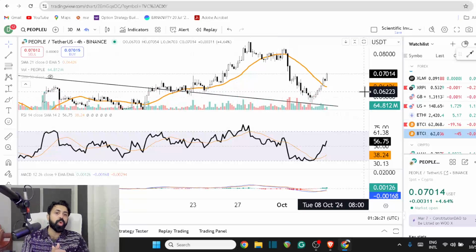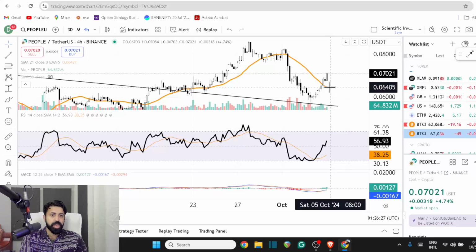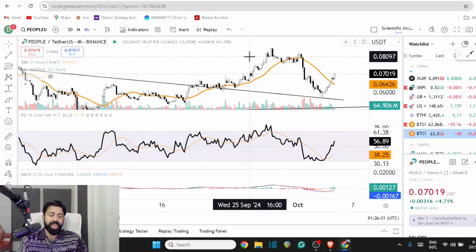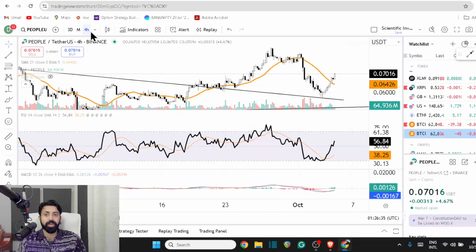Maybe it's going to do a 50% ride. And if you can absorb 30, that's good. That's the best way. You're not trying to catch the top. You're not trying to catch the bottom. But this way ensures the fact that you can still make decent gains and compound it.